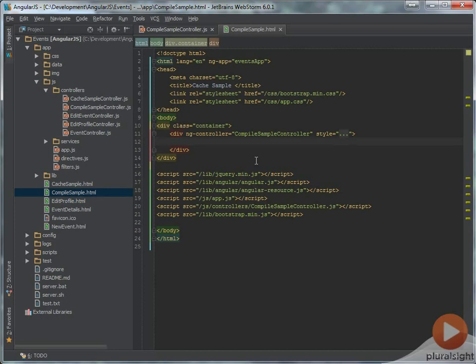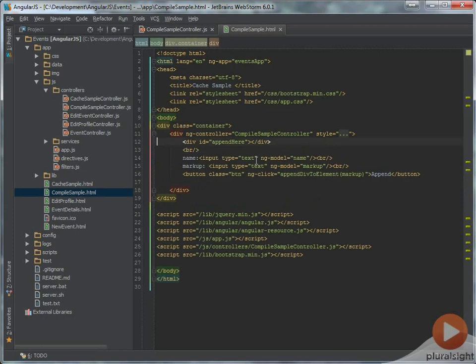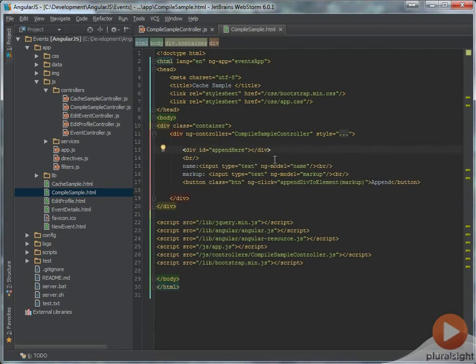So we're going to use this HTML here. So we have this append-here div that's just an empty div to start with. And then we have these two input boxes, one that's bound to name and one that's bound to markup. And then we have a button that when we click on it, it will call appendDivToElement, passing in the markup. So let's go over to our controller now,